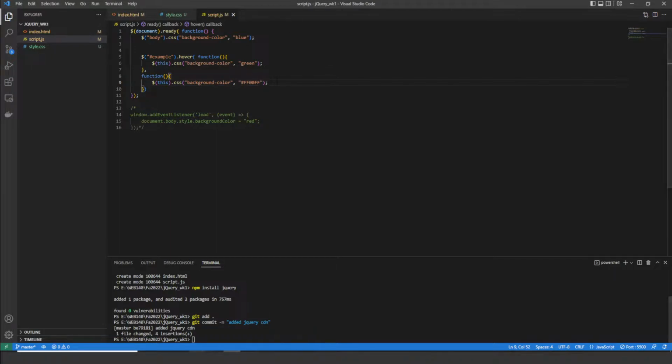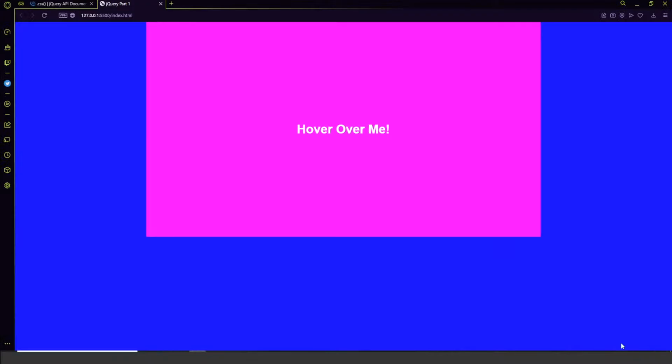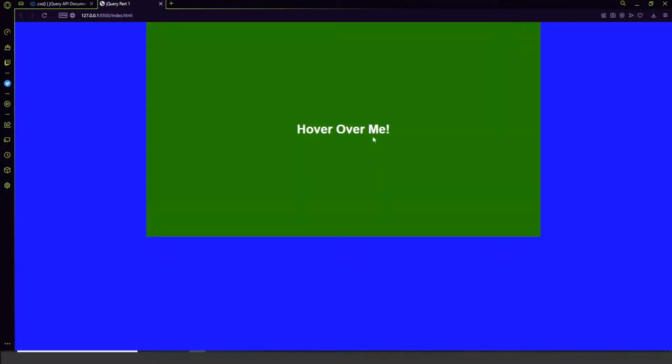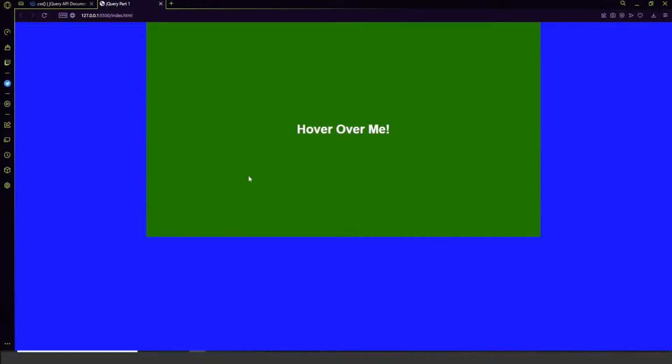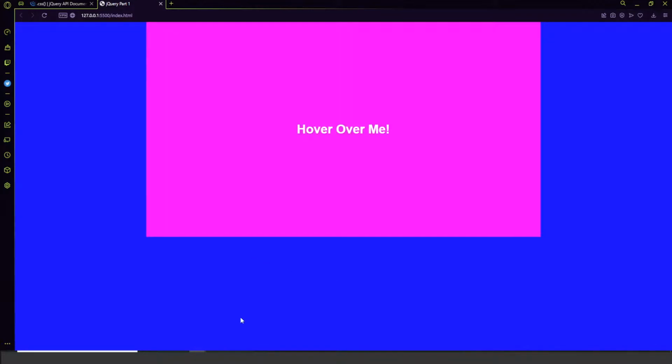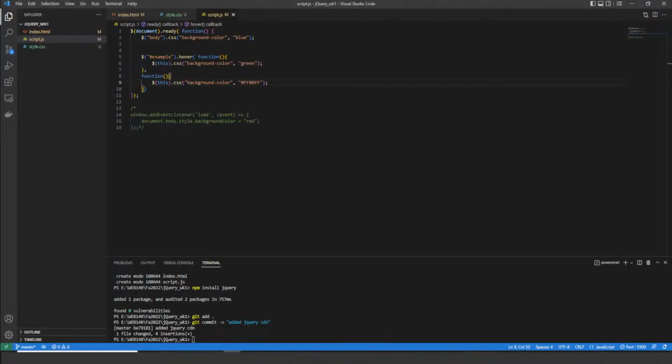Right, so now if we look at our website, we see by default nothing changes. If we hover over, it changes to green. We leave back out, it changes back. Now what's interesting here